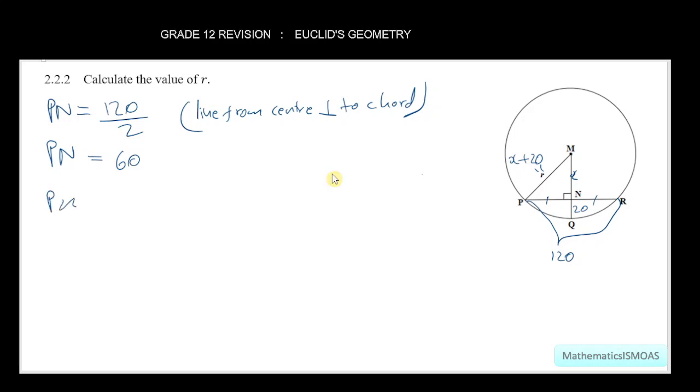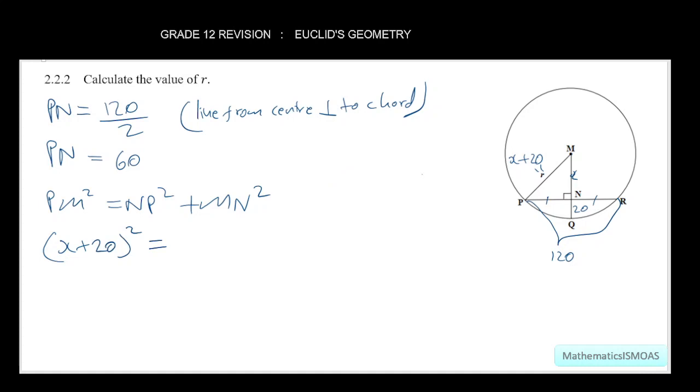Then we can say PM squared is equal to NP squared plus MN squared. What is PM squared? PM is r, but what is the value of r? I mean, what is r in terms of x? r is x plus 20. But this is PM squared, therefore it will be (x + 20) all squared is equal to